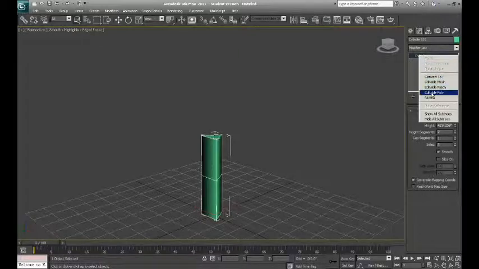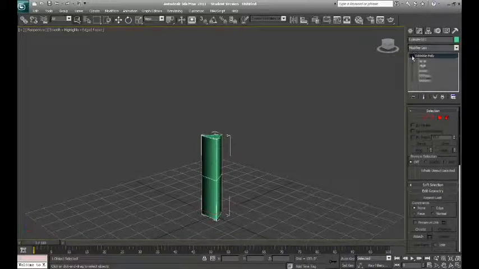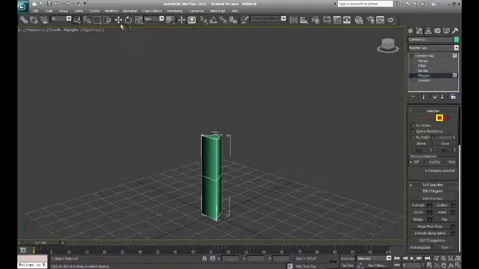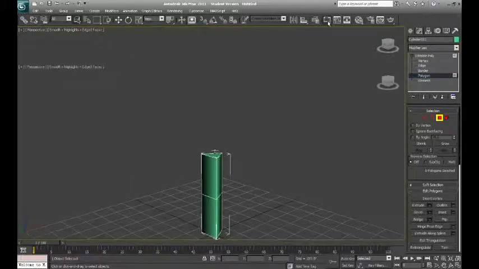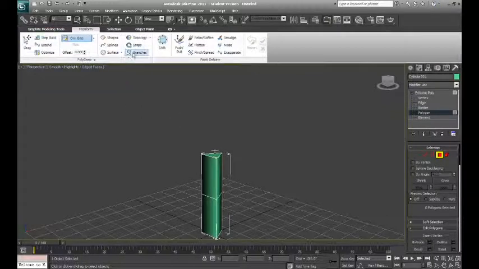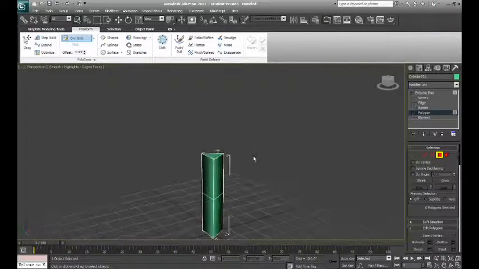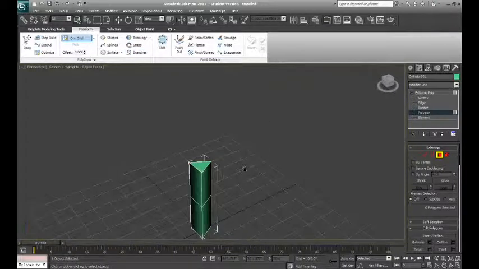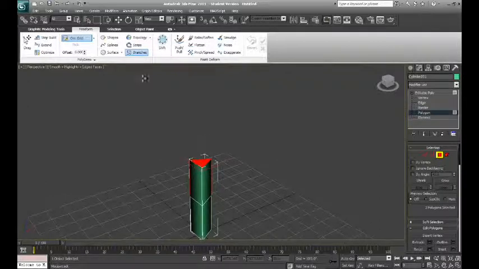convert our cylinder to editable poly. We're going to get the polygon subobject. We're going to open our graphite modeling tools, and we're going to go to the freeform tab, and right here is an icon called branches. It's a very fun tool to use. I need to click on the icon first. If I click on the polygon